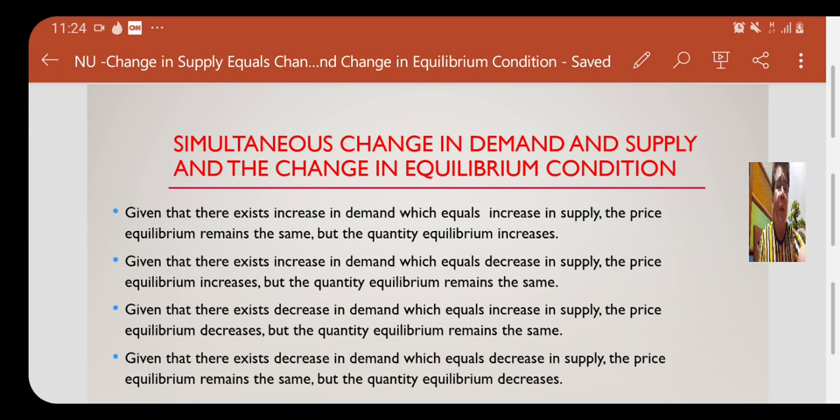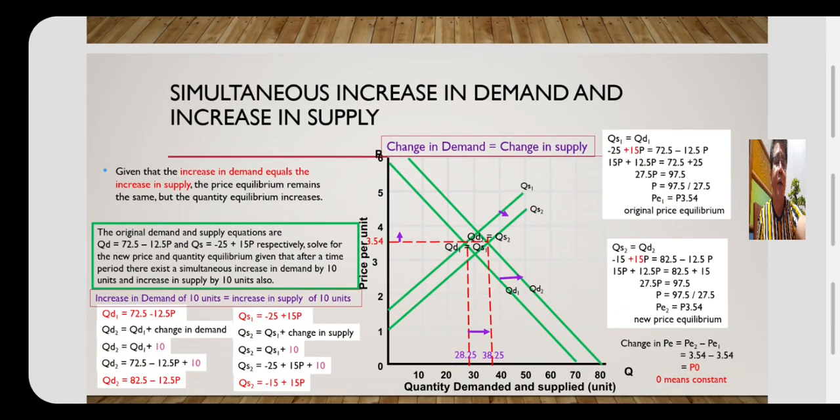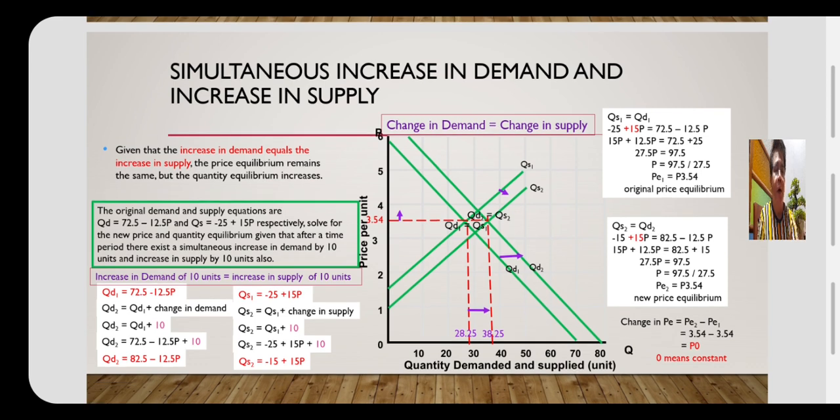We will illustrate these four relationships by analyzing the specific market condition as provided by the problem statement. Let us read the first problem statement. The original demand and supply equations are QD equals 72.5 minus 12.5p and QS equals negative 25 plus 15p respectively. Solve for the new price and quantity equilibrium given that